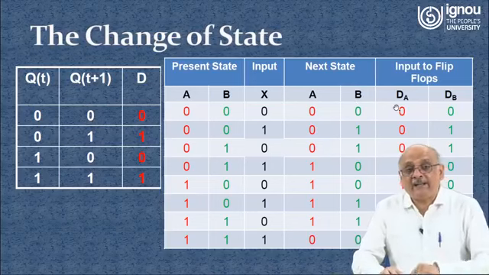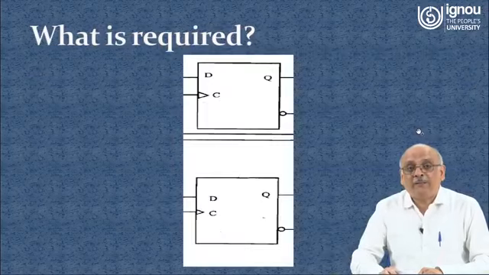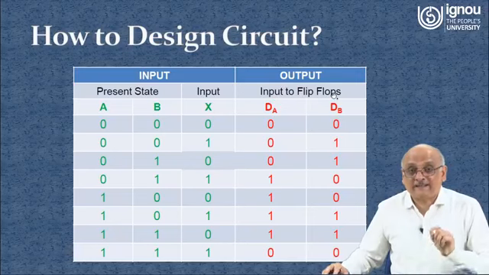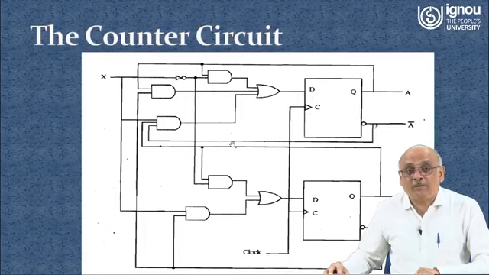So what is technically required for us is not the next state, right? But what becomes our input and output? Our input is the present state and the external input, and our output becomes input to the flip-flop. Now this is slightly difficult to understand, but let's look into this particular diagram. In a sense, the value of D is being controlled by the circuit, which includes the present value of A.